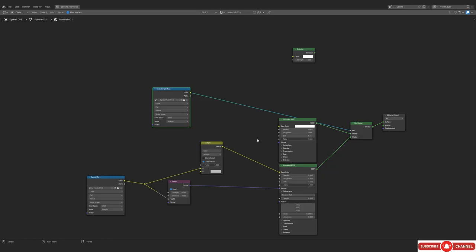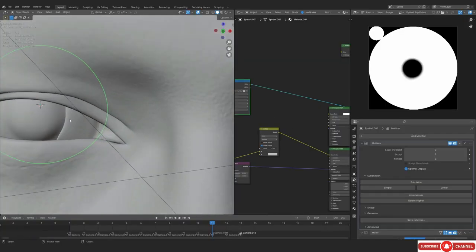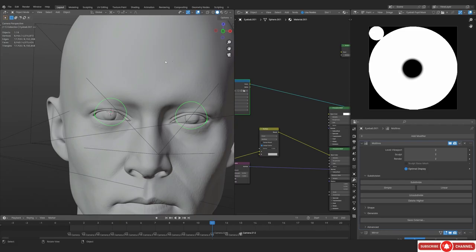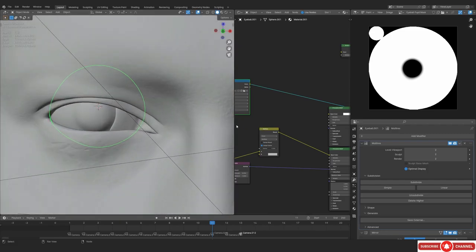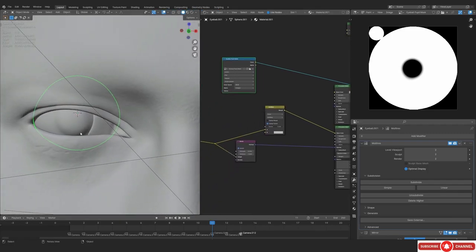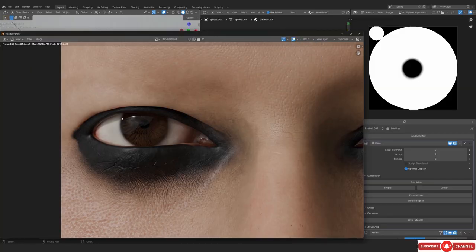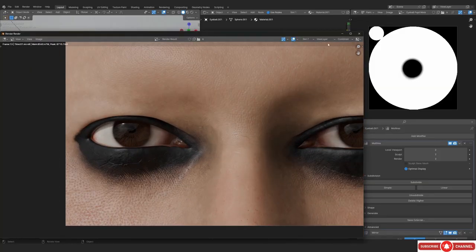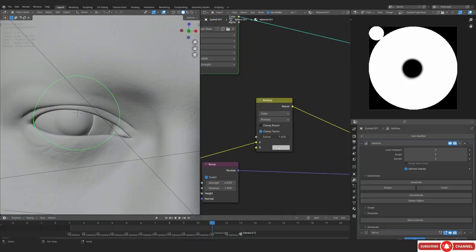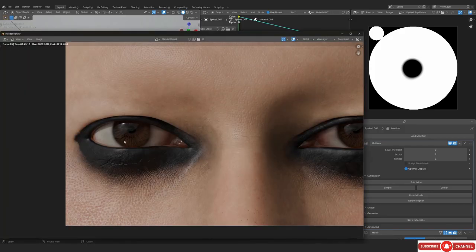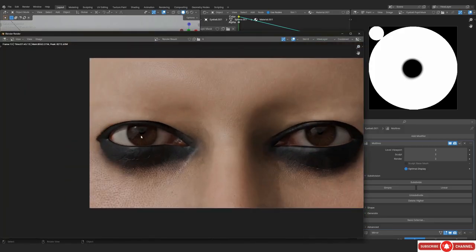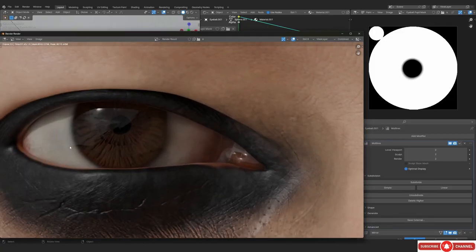First things first, you can see that... wait, what am I even doing? Yeah, okay, I baked the gradient into an image texture. That's what I did. So we don't have that color ramp and the gradient node anymore. We actually have a proper mask that we've baked. You can even see that on the right, and I've decreased the value. So I've made the value multiply by 0.5, and we've decreased it down, and now this is actually looking a little bit better.